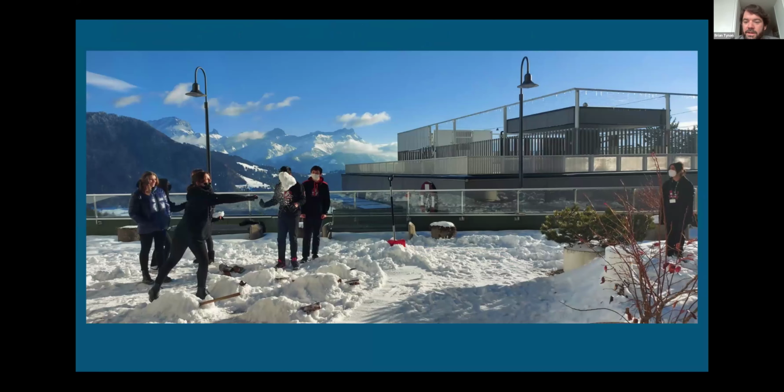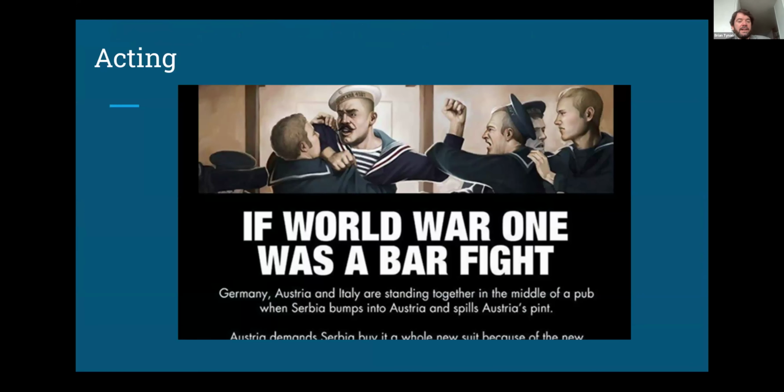And then you can see them there destroying the walls. Acting, this is kind of using metaphors. If World War I was a bar fight, perhaps not appropriate for all students of all levels in all parts of the world, but it is, I think, an interesting and active